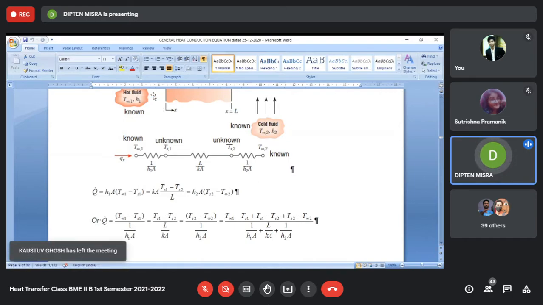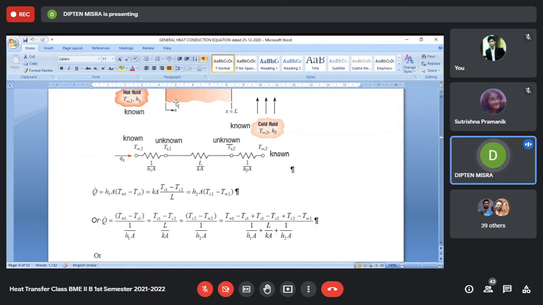Then the moment the vapor comes in contact with a wall temperature which is less than its saturation temperature, the vapor will try to condense on the surface of the wall. And when there is a condensation process, which is some kind of phase change process, the value of H can be quite high, maybe of the order of 10,000, 1 lakh, something like that. So the value of H can be very high when there is a phase change.